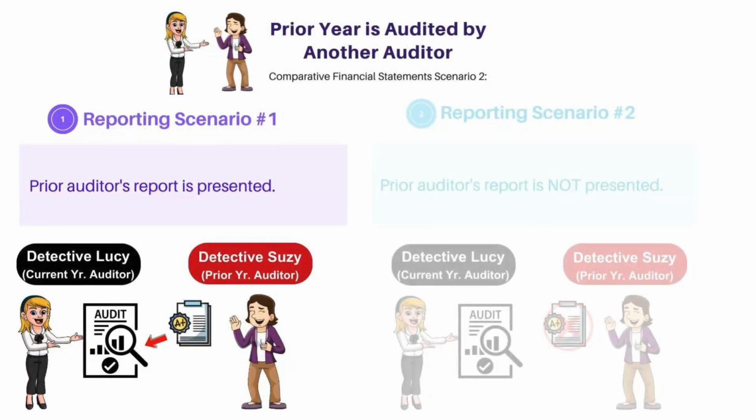So let's start with scenario 1, where Detective Lucy decides to reissue Detective Susie's prior year audit report. So the question you need to ask yourself in this situation is, what should the prior year auditor do? Okay, let me reiterate that. You might be thinking, what should Detective Lucy, the current year auditor, do? She's the one doing the work in this audit engagement. But I actually meant what I asked in this question. The question you need to ask yourself is, what should the prior year auditor do if the financial statements are